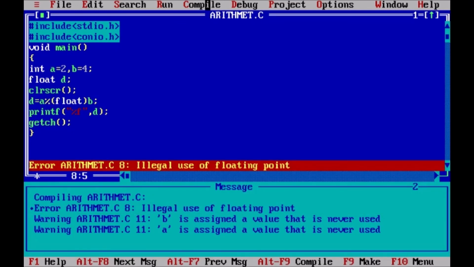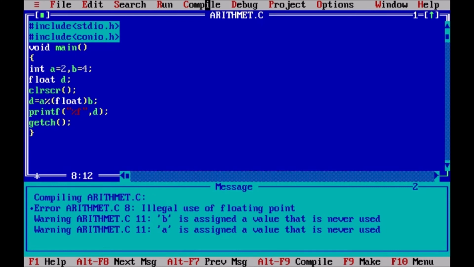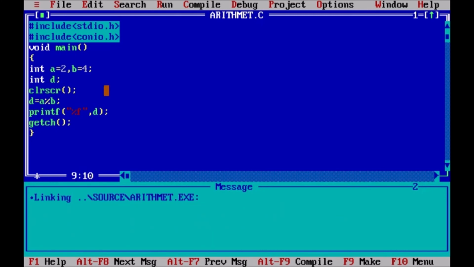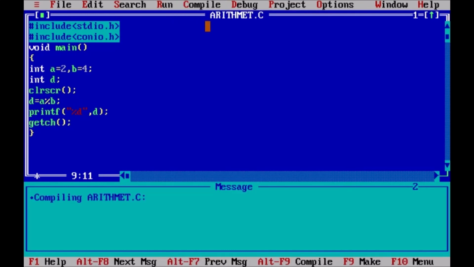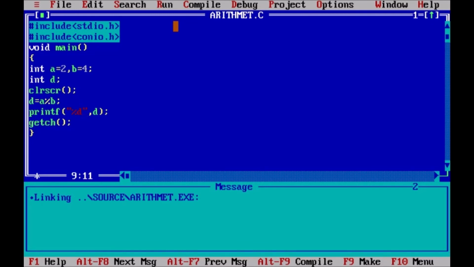Alright, so it is giving an error because the percent symbol cannot be used on a float variable. Therefore, we have to remove this and make d also an integer. Now let us also change this symbol to %d, since it is an integer. Now let us compile and run. So as we can see, the result is 2. So that means 2 is the remainder that is left over after the division is performed.